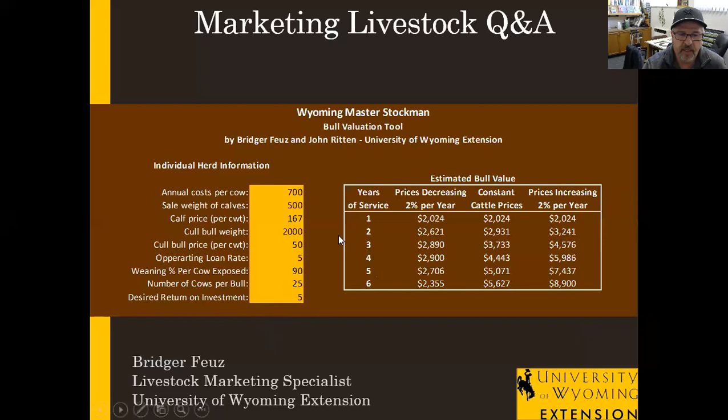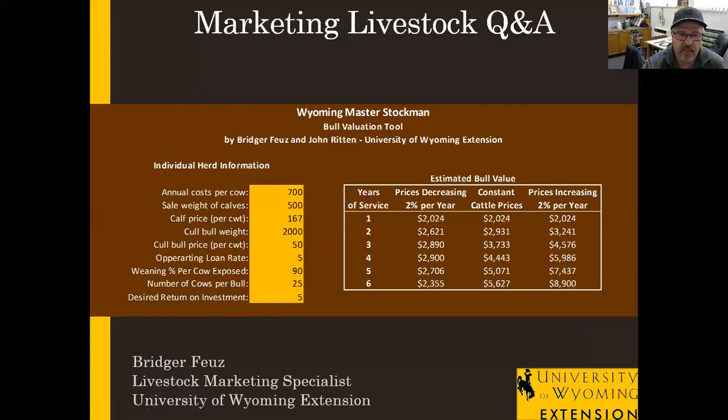And then the output is over here in this estimated bull value. And that's based on years of service. So if he's going to last you 4 to 5 years of service, that's the numbers you'd kind of want to look at. That's probably a fairly average estimate here in Wyoming, to get 4 to 5 years of service out of them. If cattle prices are going to be constant, so that $1.67 calf price,